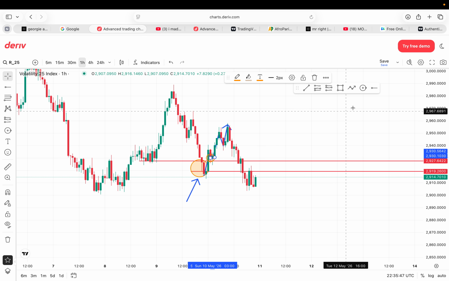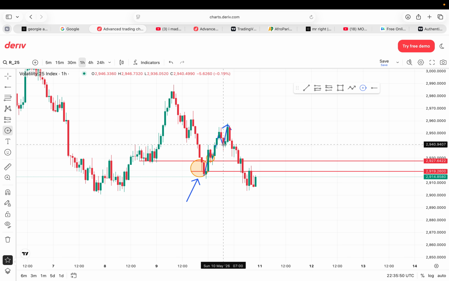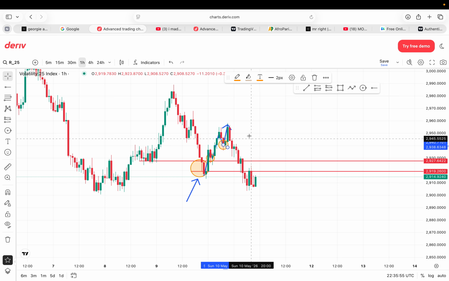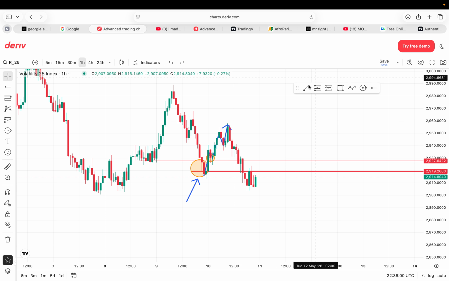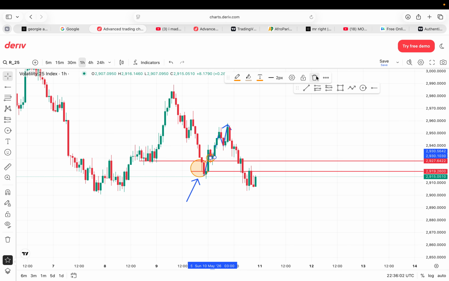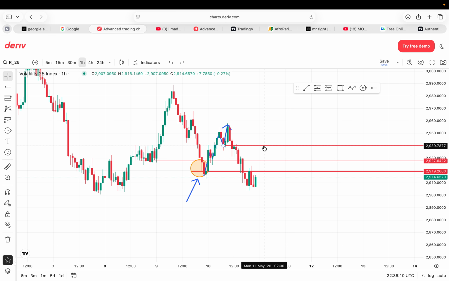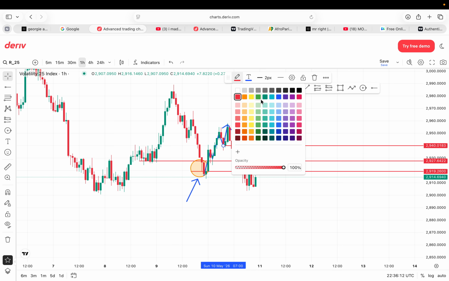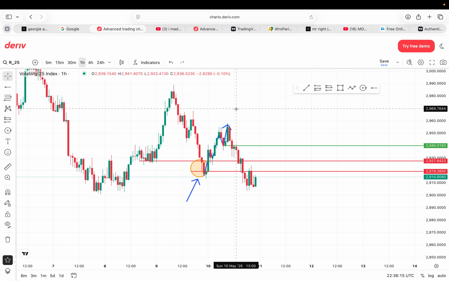This is a low. This is another low. This is basically the last low that the market gave before it actually turned to the opposite direction. So with that being said, this is the last low. We go ahead and change this to blue or maybe green. Now, I know for a fact that the market has turned from this uptrend to a downtrend because the market closed below this green line.